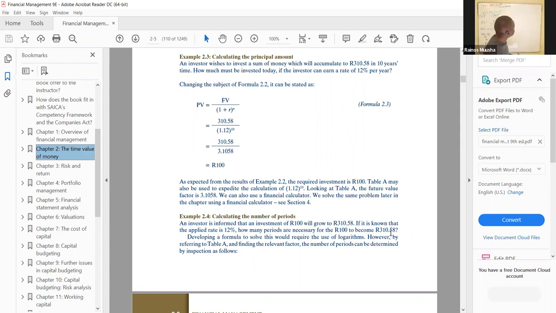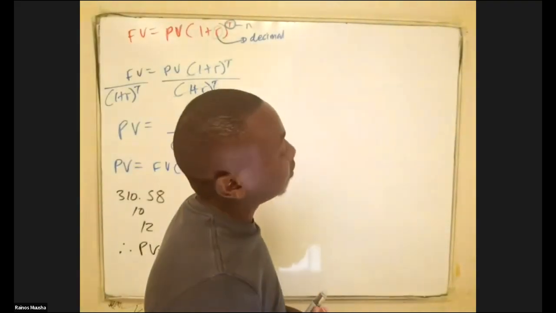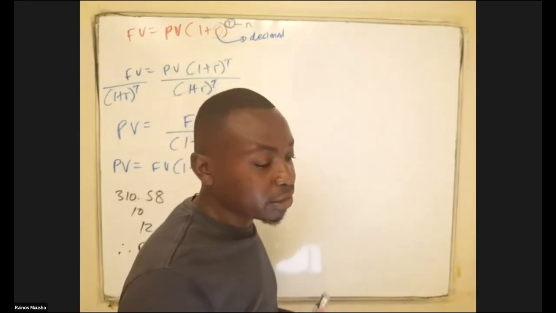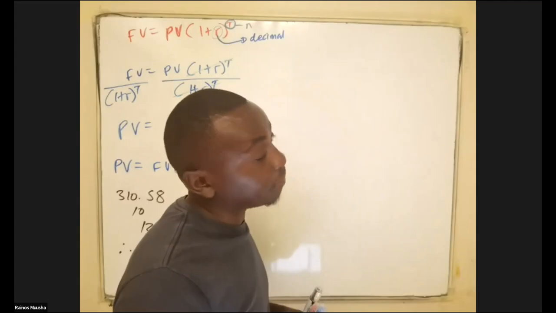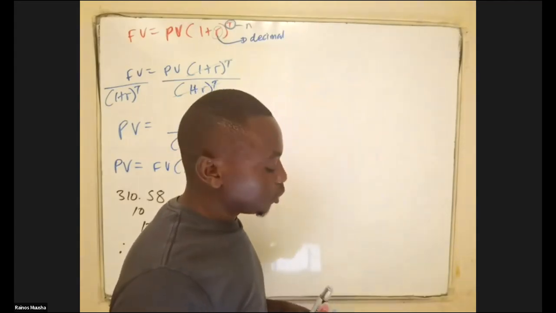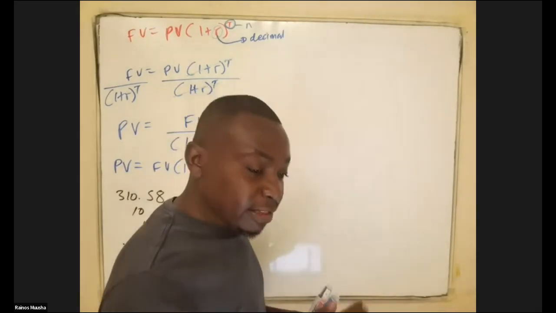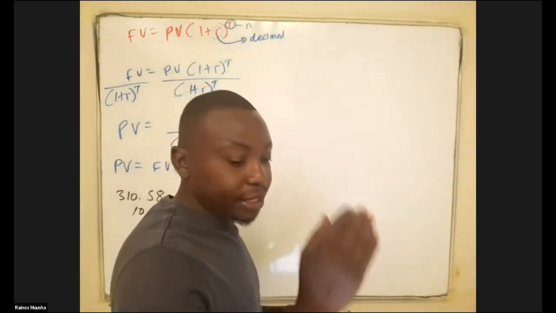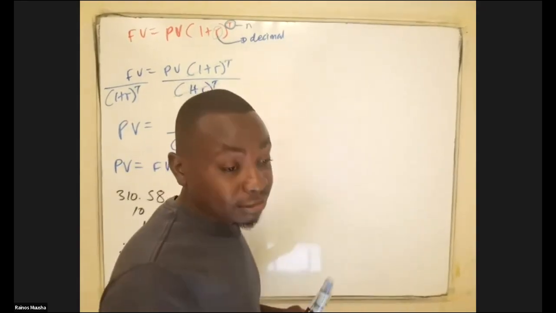So if you are given that you're investing money today and getting that money back after whatever period of time, earning 12% interest, then you have to find out exactly how many periods it's going to take for this money to grow to that amount. It basically means you are given the present value and the future value. So whenever they give you present value with future value, or present value, future value and PMT, always make present value the negative amount.